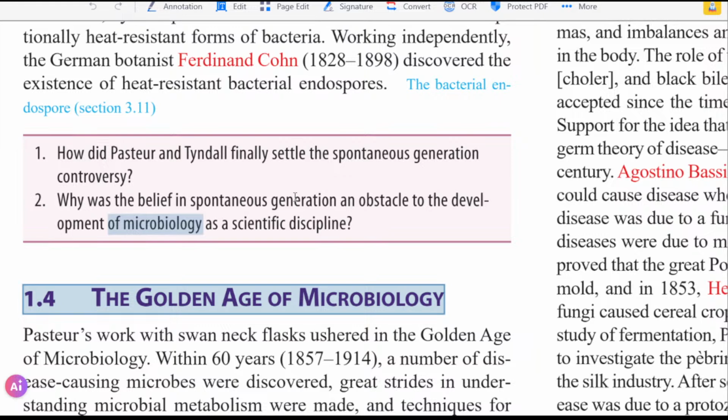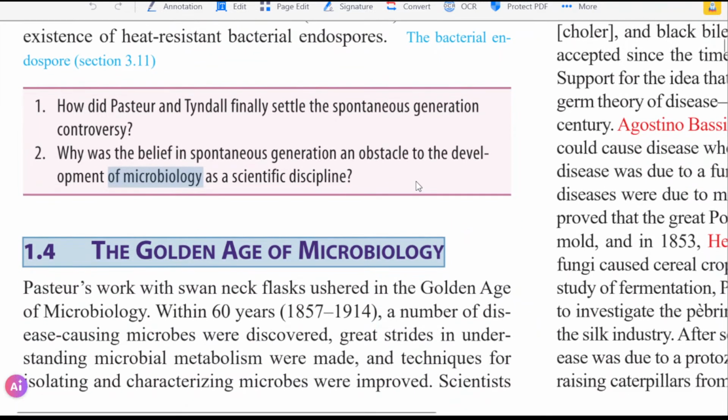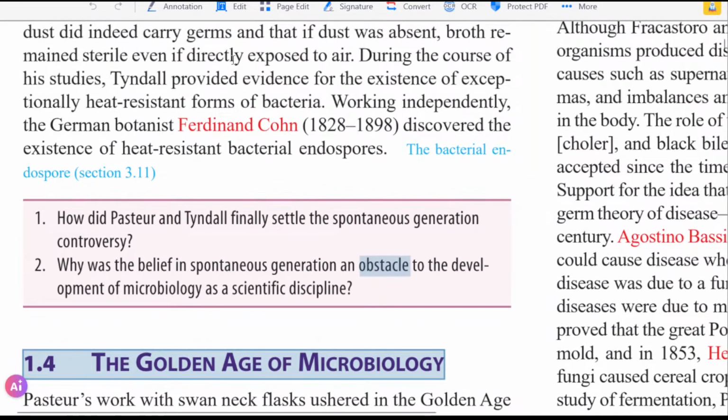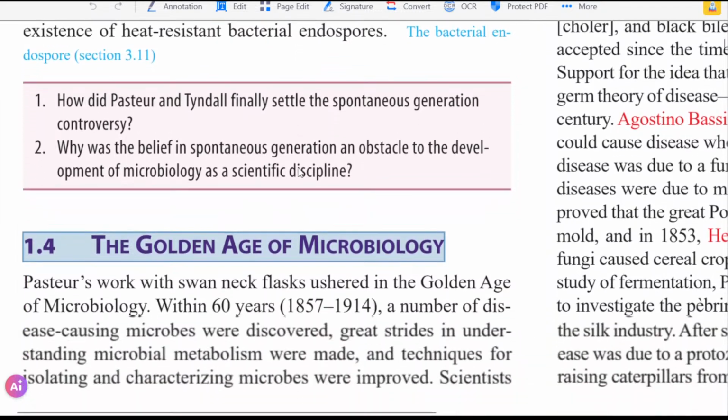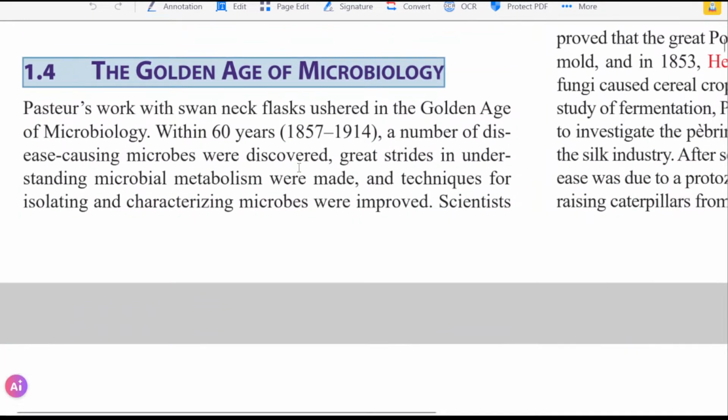Scientists usually say they don't have religion. Science doesn't have religion. They try to seek an answer in everything. So the idea of microorganisms or organisms coming out of nothing is absurd. So they experimented on it. So I don't consider it an obstacle. I think it was a stepping stone for microbiology to start, because starting with Tyndall, right? Tyndall found out the heat resistant bacteria, and then Ferdinand Cohn found out the bacterial endospores. So this was the start.